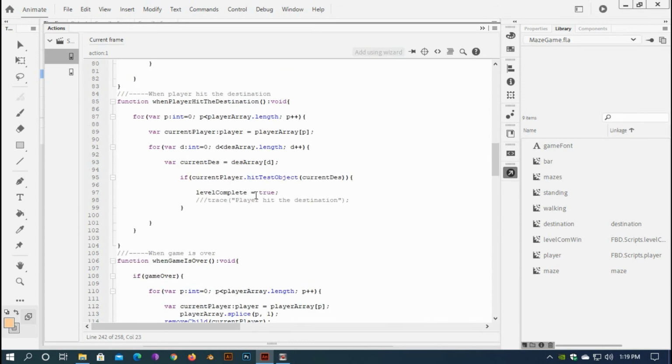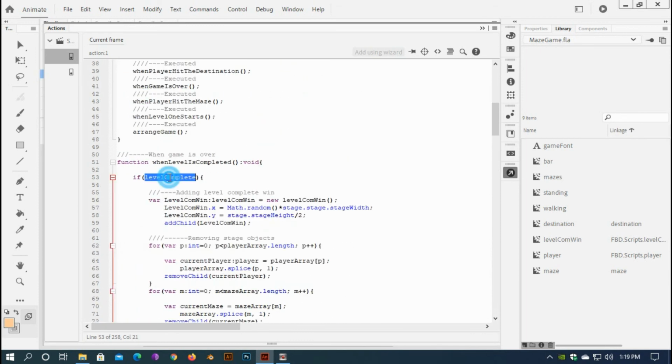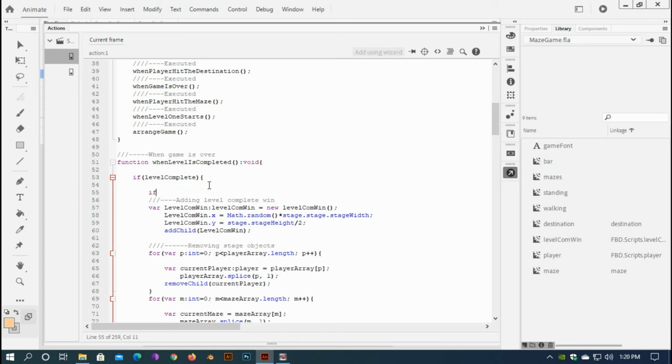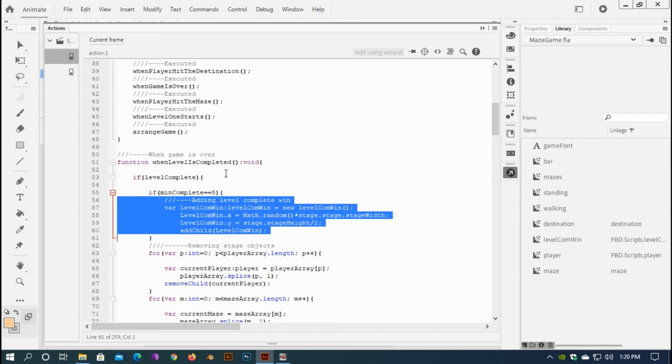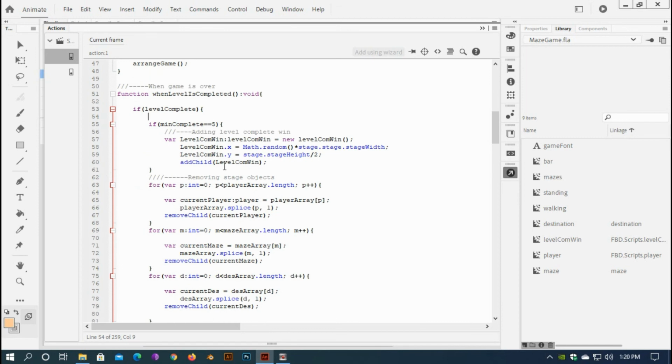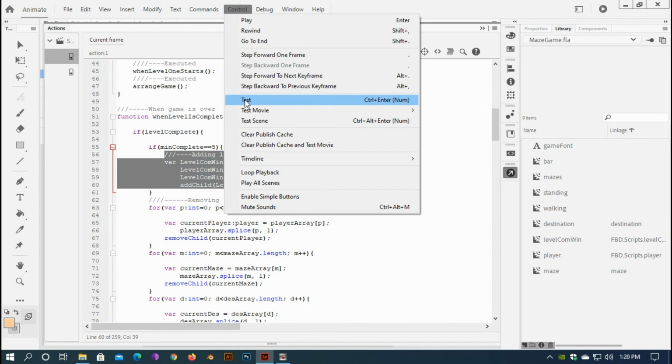Okay, and here, when the level complete is true, put another condition: if minComplete equal to 5, then this level complete win will be added. It makes sense. Save it. If I test it,